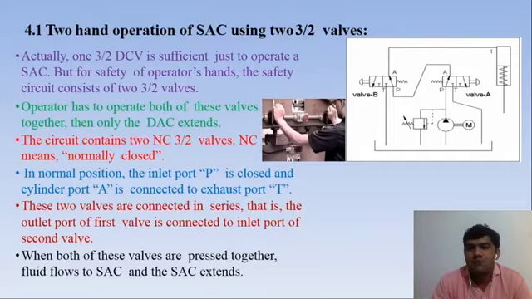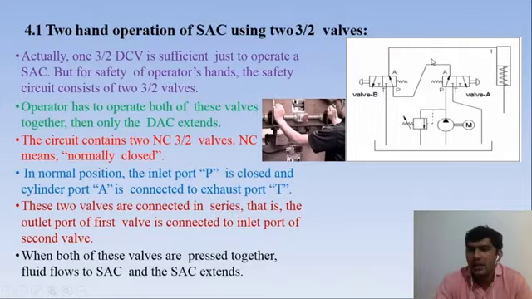So in two-hand operation, first of all, we start the hydraulic pump by utilization of an electric motor. This is the pressure relief valve. Fluid will be passed from the pump to port A, and from port A to the second valve, valve B. Whenever you press the button here, valve 1 or valve A will be operated. So fluid will be passed from P to A and A to valve B.